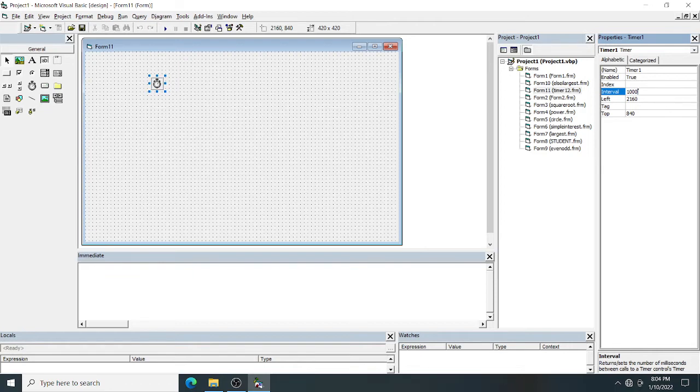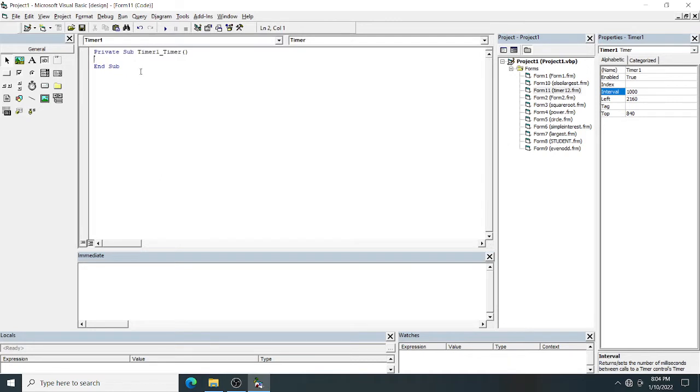So after 1 second, Visual Basic will call this timer procedure. If I double click on this, you can see what got open. This is your timer event procedure. You have to write your code inside this timer event procedure, and this procedure has to be called by Visual Basic after the specified interval of time. I have given 1 second, so after 1 second you call this timer event. I can make it less also, 100 millisecond also. After 100 millisecond, you can call this timer procedure.